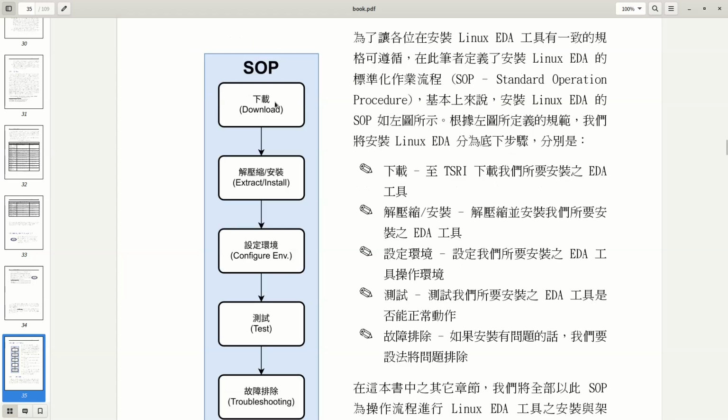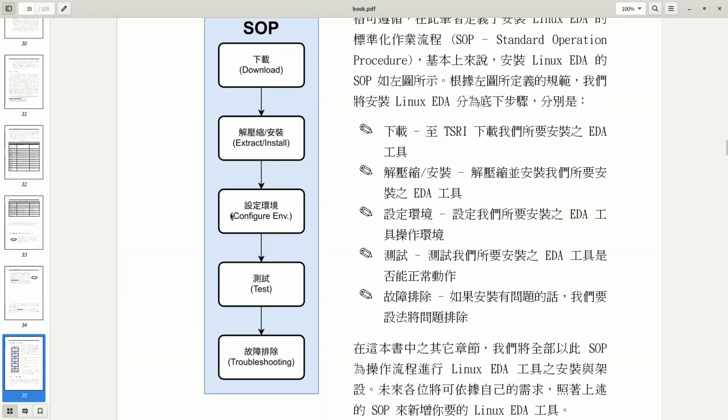The first step is download. The next step is extract and install. Then you need to configure environment and test the software. If something is wrong with your software, you need to do some troubleshooting. All EDA software mentioned in this course will follow this SOP to install.